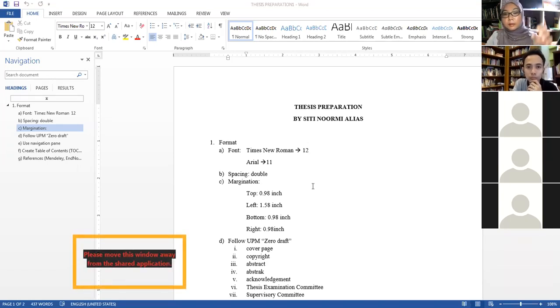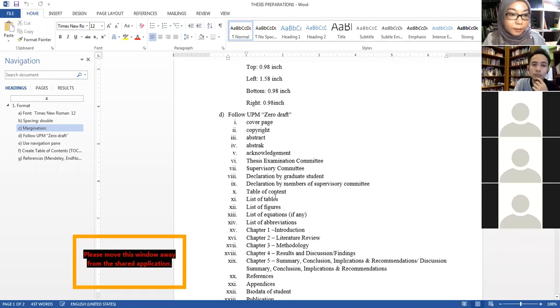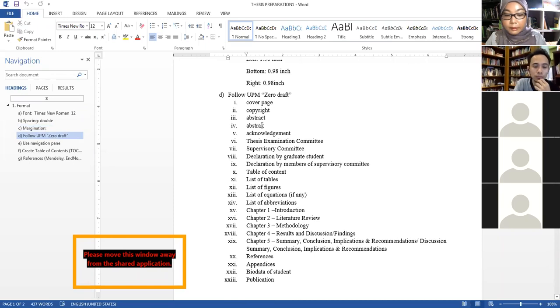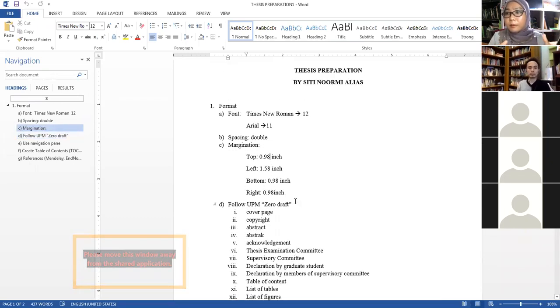Before you start writing your thesis, perhaps everybody has their own strategy and planning. But to me, before you start writing, you need to prepare your draft first. I don't want my students to prepare chapter 1 in one file, chapter 2 in one file, and chapter 3 in one file, because later we will have a lot of files. To make things easier, I strongly recommend my students prepare their draft in only one document, in one file.